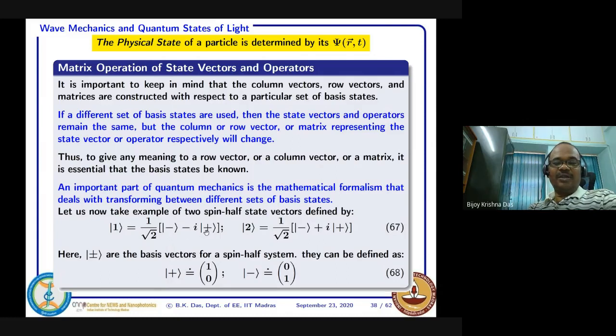Basis vector combinations will be there. You are expressing it like that. Here we are putting minus, and another vector I am putting as plus. We can say that this is one type of spin half quantum state, and this is another type of spin half quantum state. Two types, plus and minus, meaning clockwise or anti-clockwise, you can just mention.